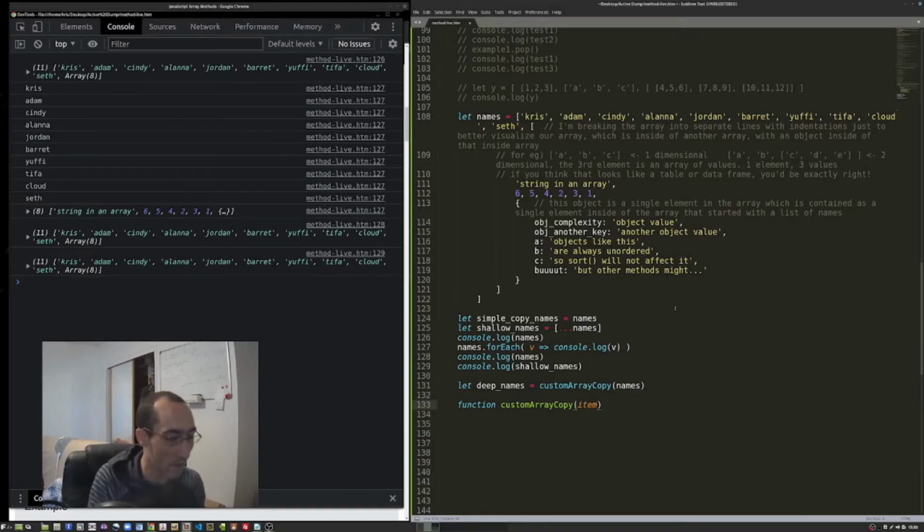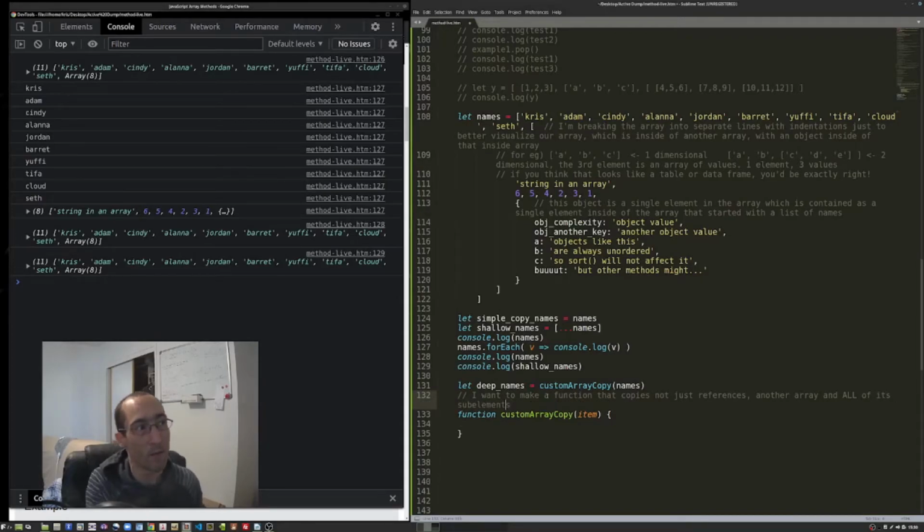I'll just say item for now because I'm not sure what I want to call it. So essentially, I want to make a function that copies, not just references, another array and all of its sub-elements. This is the point to this function. Because when I do this assignment, we have a problem. Even shallowly, we have a problem because everything is just a reference to names, and any changes to names then